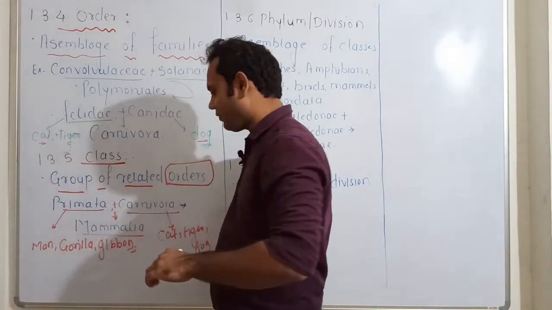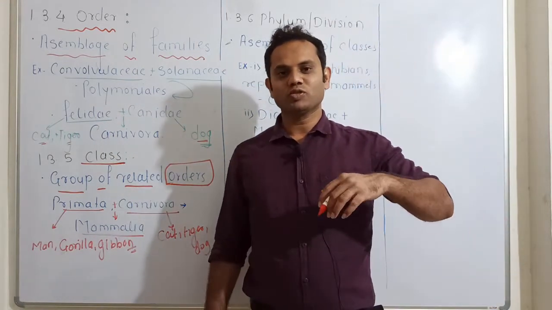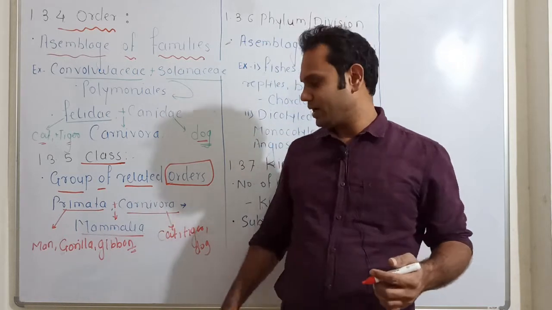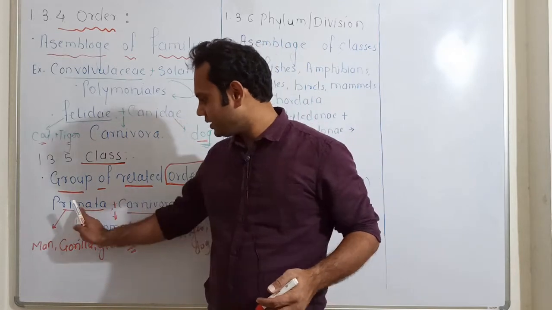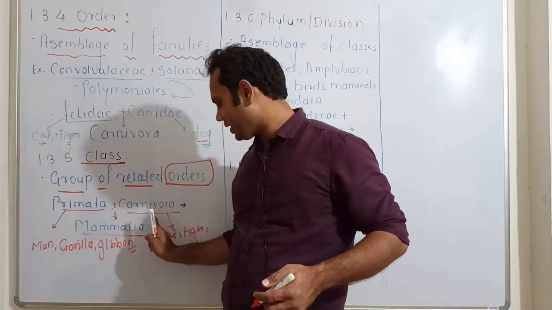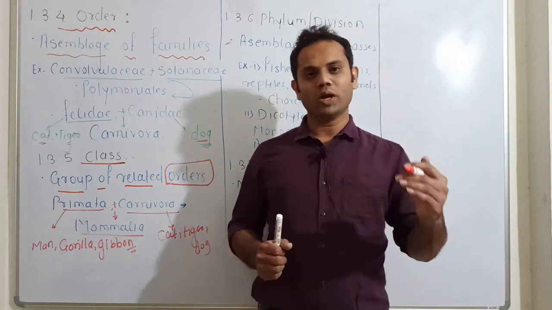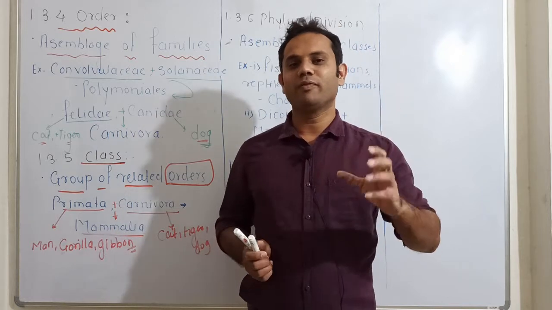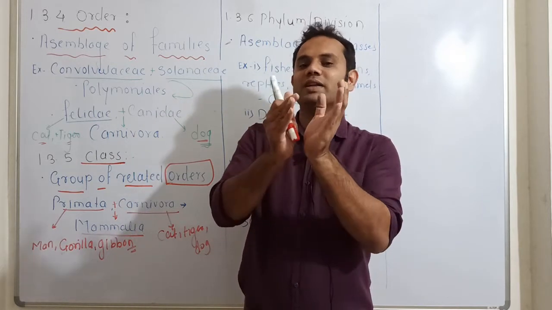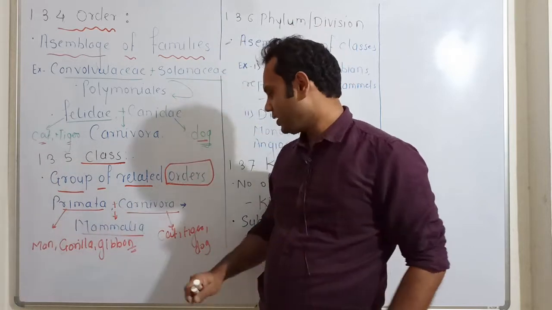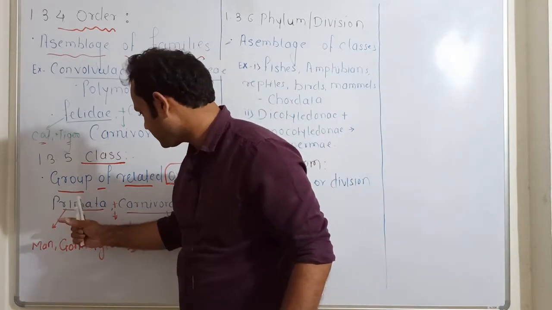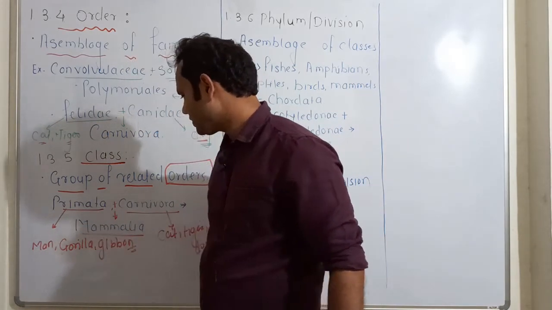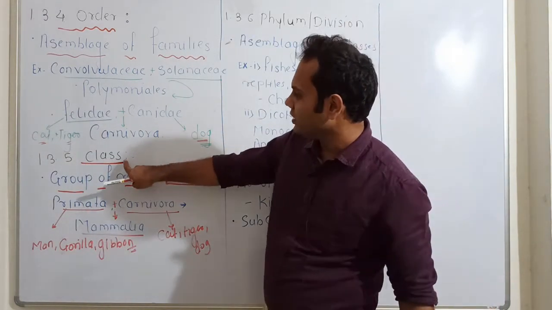So what are the characteristic features of Mammalia? You can say the presence of body hairs, presence of a diaphragm, presence of mammary glands, and similarities that are present in these orders, Primata and Carnivora. There is certain similarity, no doubt. As we go higher, the similarity decreases, but despite that, there are a few similarities, and on the basis of that they are grouped in their higher taxonomic category. The best example is Primata and Carnivora. They are classified into the class Mammalia. So that is about the class.